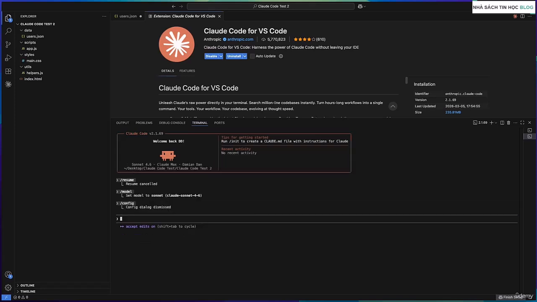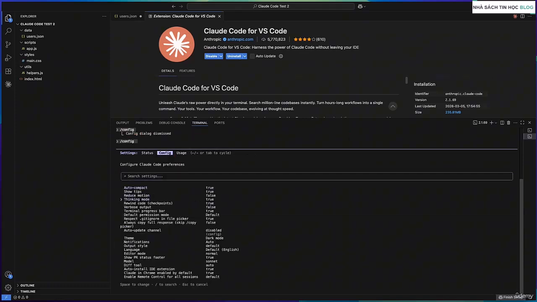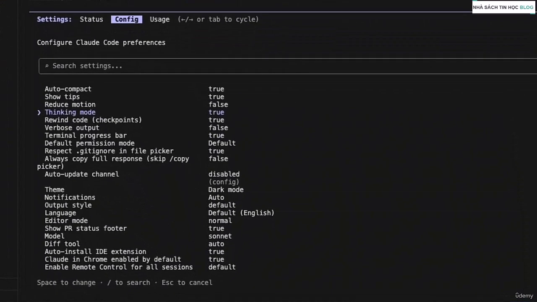Now, there is something called thinking mode, and basically, when thinking mode is off, Claude Code will work faster and use fewer tokens, but the output quality will take a hit. If you want to turn off the thinking mode, you can type /config and then select thinking mode and switch it to false, all right?